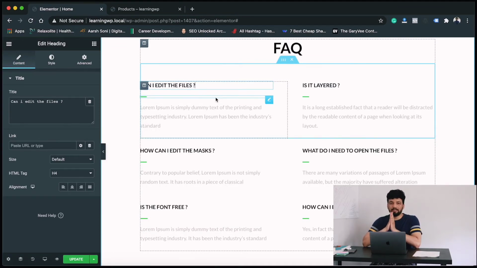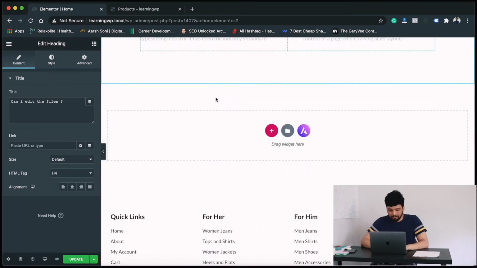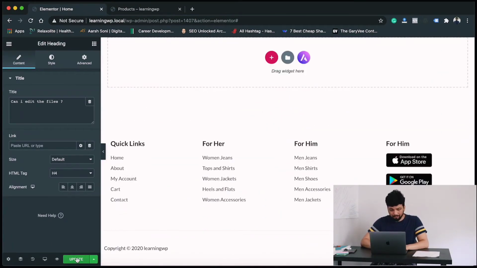Make sure you have a clear design of your website, like a clear vision of what you want to add and what you don't want to add. If you want ideas, come here, see the different templates, see different pages, see which section you want, add that section, remove some sections, and make a clear image of the page you want, and then just come here and start editing. So that's basically it.